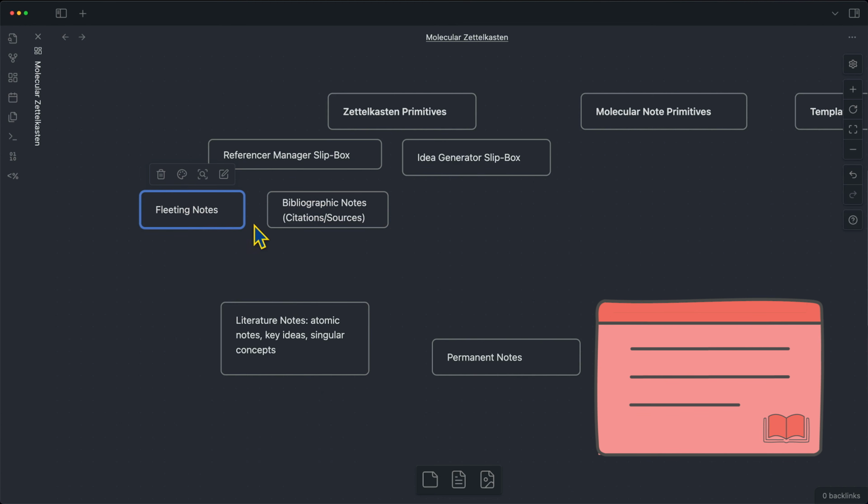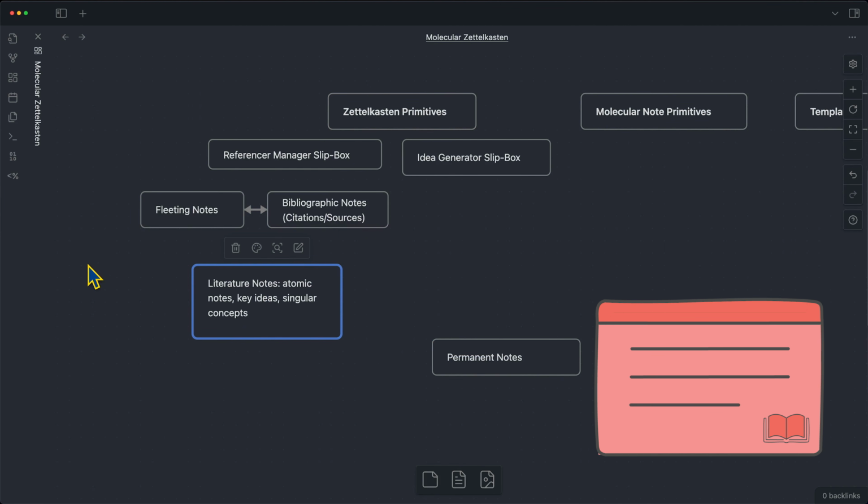So in a sense, we have both fleeting notes and bibliographic notes, and they go together. Afterwards, you go back and review your fleeting notes and your bibliographic notes, and you extract key insights one by one into their own independent notes, into a literature note, a note that came from literature or from a video or any other source of information that you want to be able to reference the specific place that you got it from, but you don't want to go back and reread all of your fleeting notes. You want to distill and condense it into your atomic notes, into your literature notes.